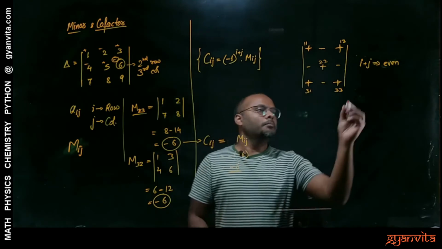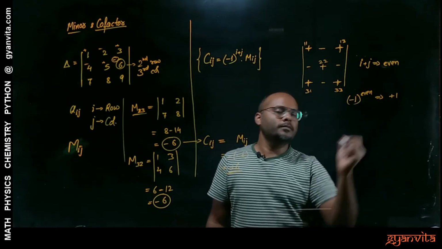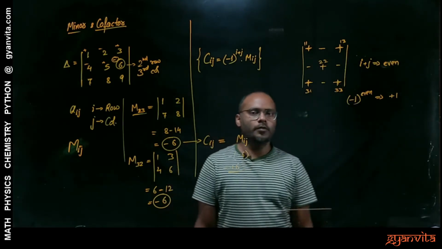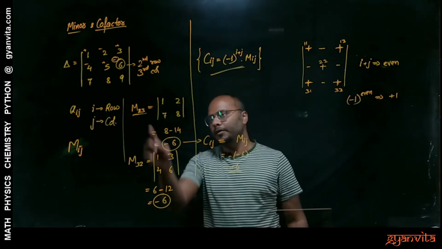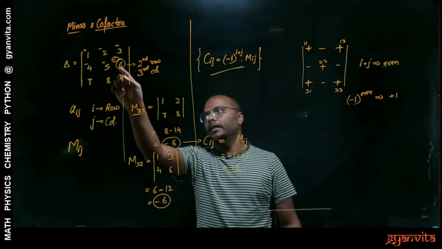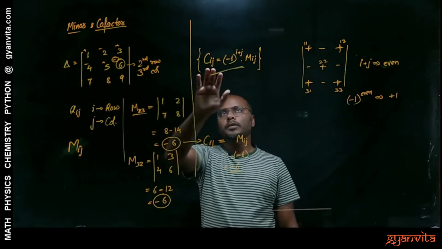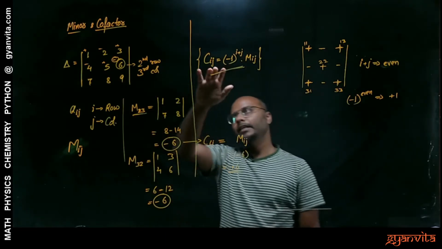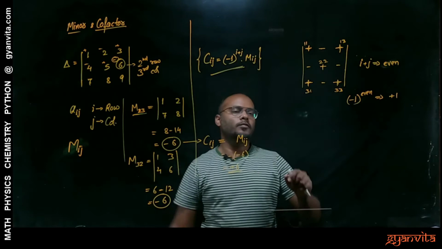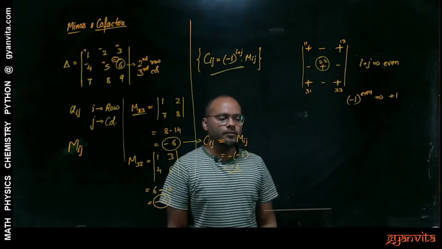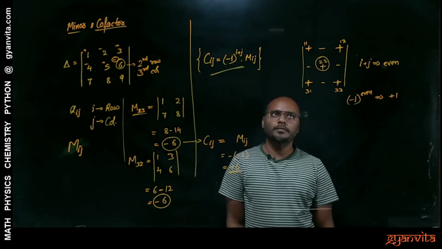So minus 1 to the power even number will give you what? It will give you plus 1. And minus 1 to the power odd number will give you what? Minus 1. So that's why here we have done the same thing. So if it is 2 plus 3, 5, it will give you minus 1, and that position is also negative. Right? And if it is 2, 2, so 2 plus 2 will be what? 4. 4 is even, and minus 1 to the power even is positive. So see, 2 plus 2 is 4. This position is actually a positive position, so there you don't have to change the sign. Only you have to change the sign if it is being multiplied by minus 1.